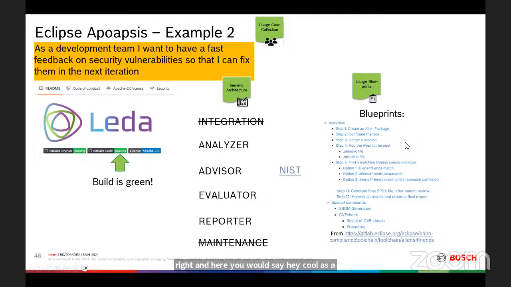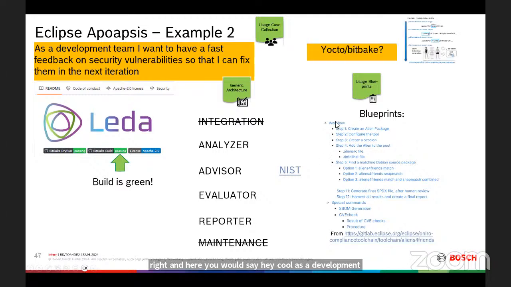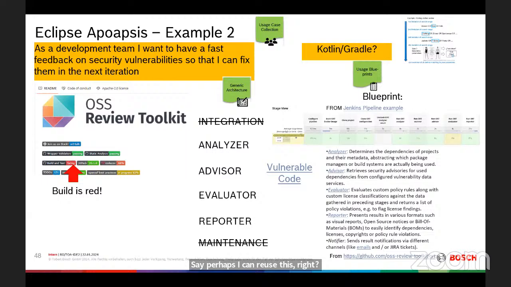Here I have a blueprint that fits my needs. And this is again now the fact sheet. If I'm also using Yocto BitBake, I might have interest to look into this blueprint, say, perhaps I can reuse this, right? And now as